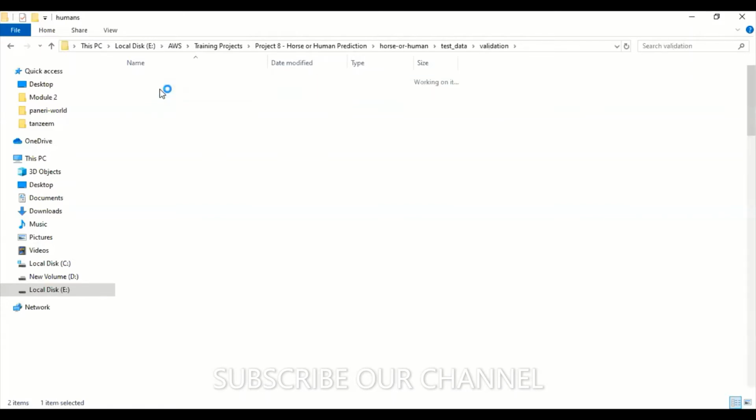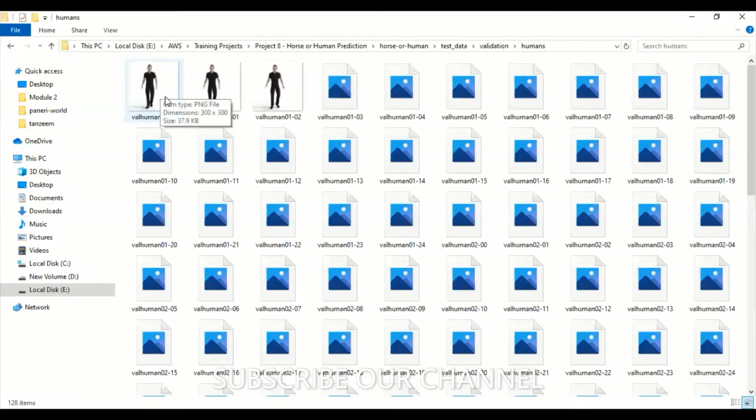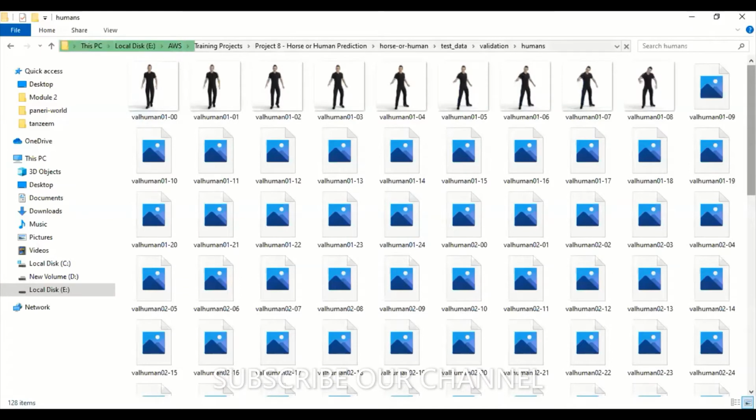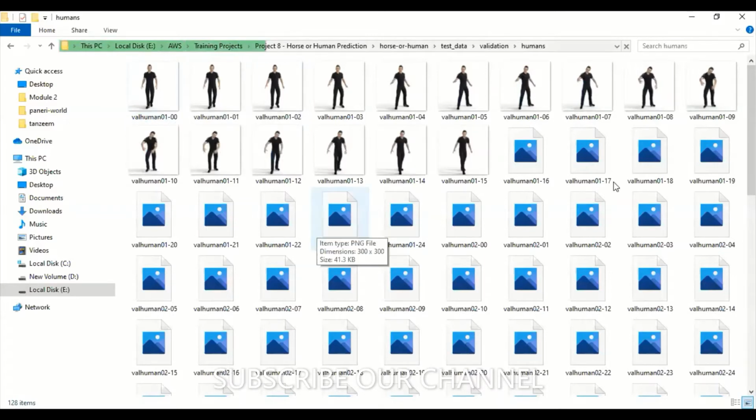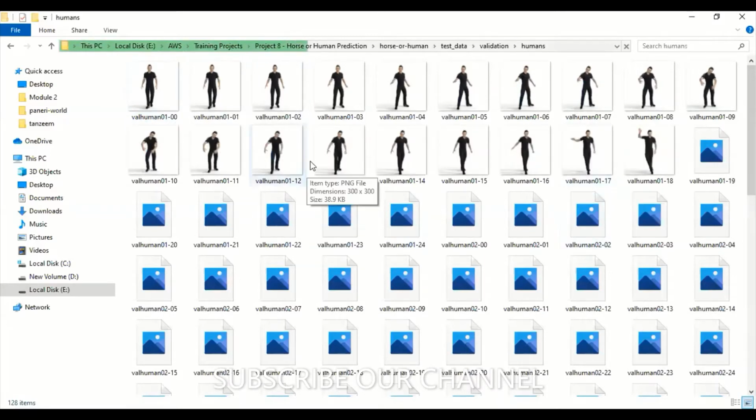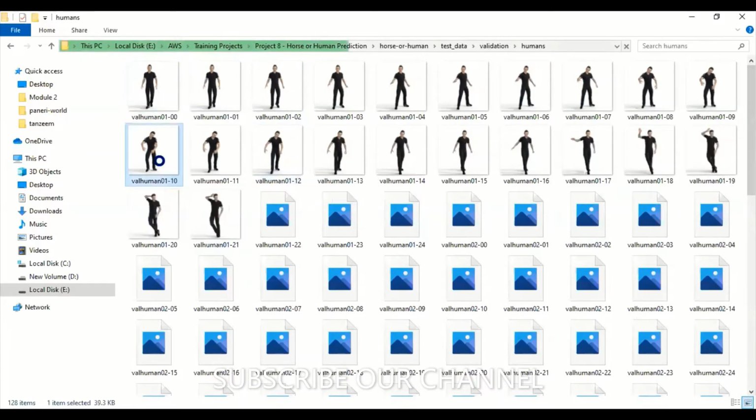Let me click on humans. I have taken different sample copies of humans here from different angles. You can see a front view, and different actions. I'm going to use these images to train my model to recognize human or not.